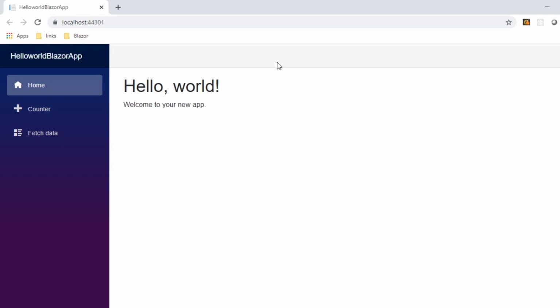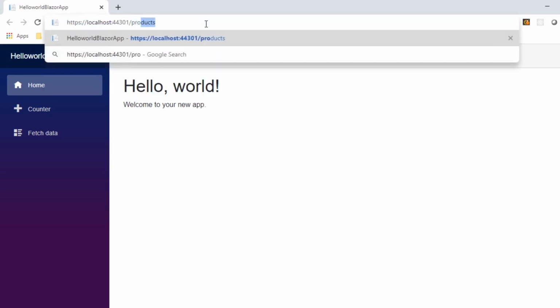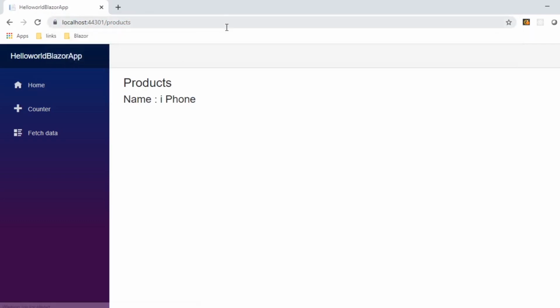Now we have the application up and running. I'll route it to products. Once we have this application routed to the products page, we see the information of the product iPhone. So this is working fine.